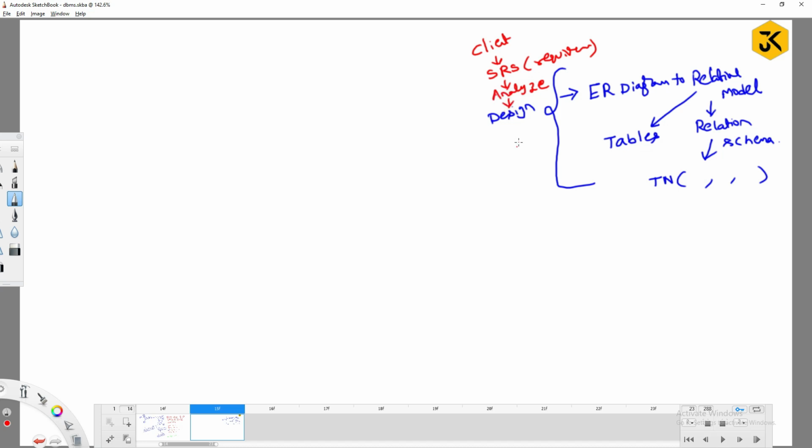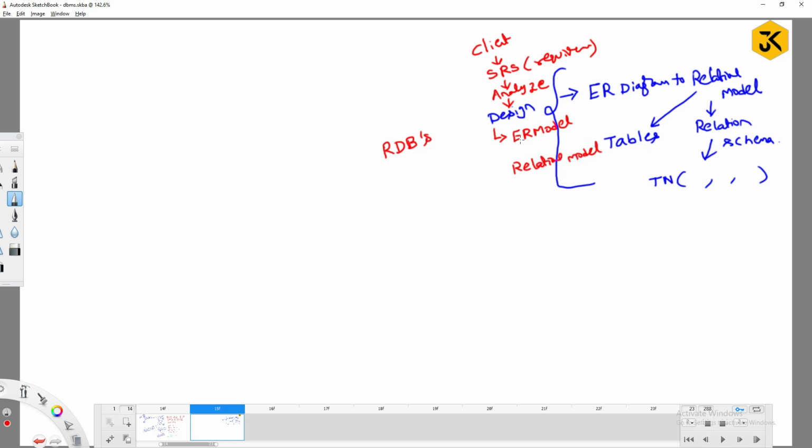In the design phase, one kind of model they can draw is the ER model, where everything is represented in the form of a pictorial representation. That is easy for the client to understand the entire database system structure. But nowadays, if you observe any kind of databases, all databases are relational databases. For that, there is a specific model, that is the relational model.